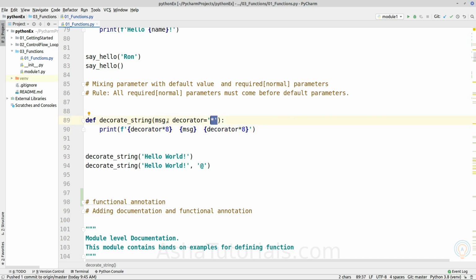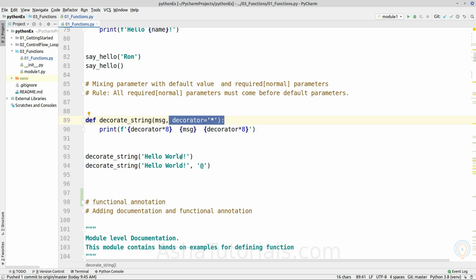As we can see here, all the required parameters, in this example only message, are before, and after all the required parameters, it will begin with the default value parameters if required.